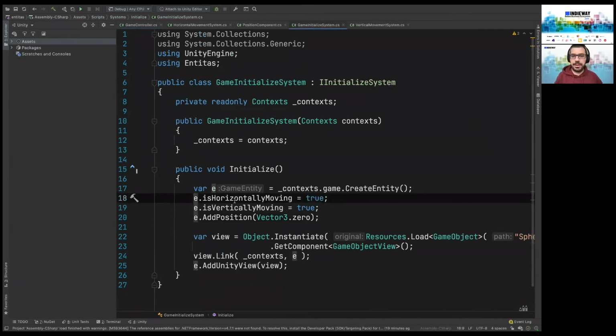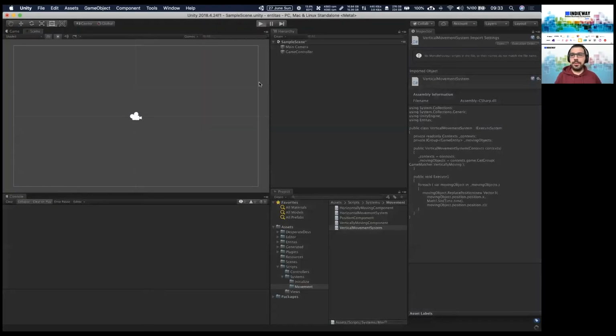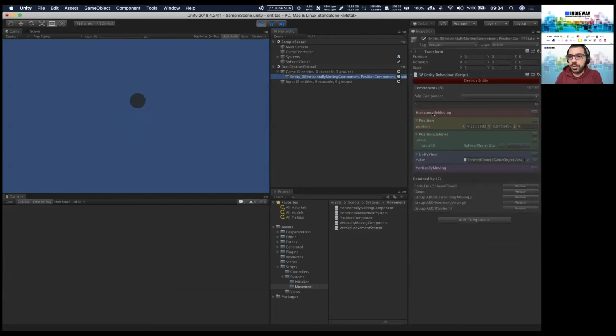Let's do that. So let's operate the two systems. Both horizontal moving and vertical moving. So the result that you achieve may not be the result that you desire. However, the two systems, without doing any code change, you can operate the two. Here you see it rotates up and down, left side and right to the right side also. X cosinus and Y sinus. This is the definition of a circle. So this operates vertically, and thanks to the tools of Entitas, here you see horizontal moving, vertical moving.